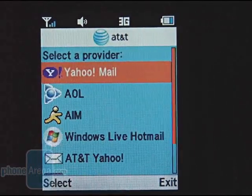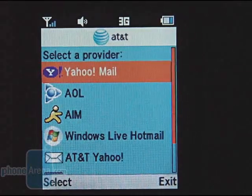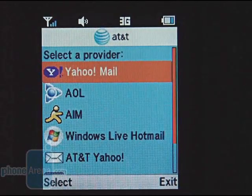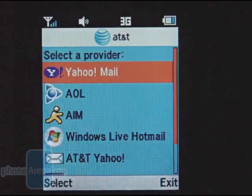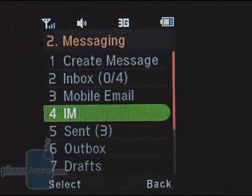We just wish that the mobile email provided specific incoming and outgoing server addresses so you could use your specific email account here. As far as the other applications running, if you look at instant messaging,